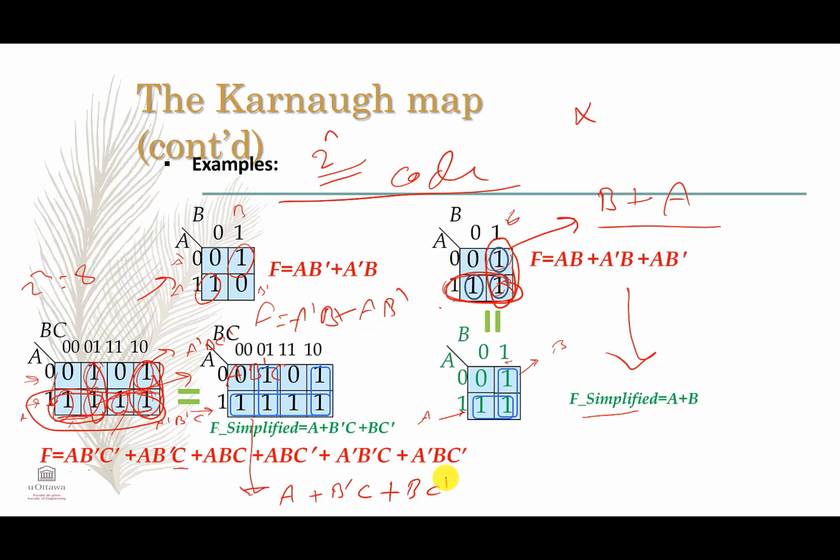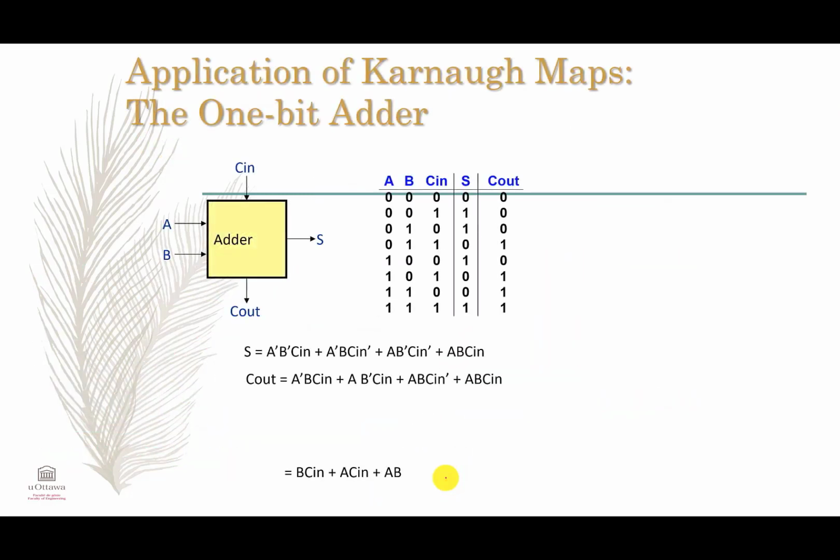Now, let's apply what we learned in a real life example, okay? Let's suppose that you need to design a 1-bit adder and you want to design it using the Karnaugh map. So what's the 1-bit? And by the way, this is a full adder. So the difference between